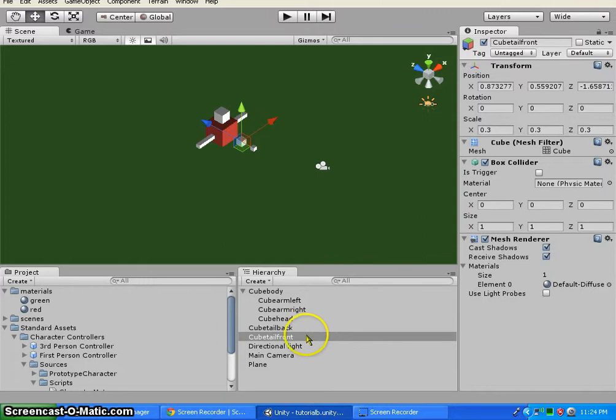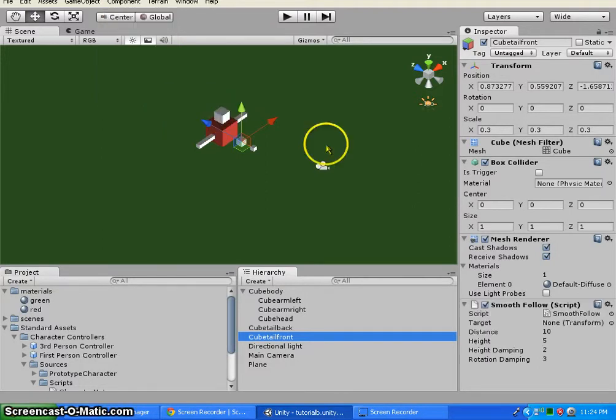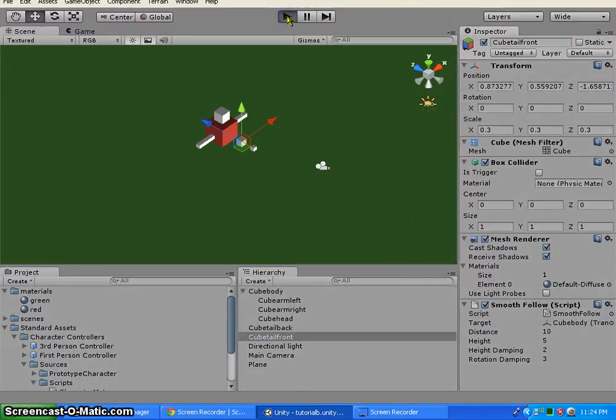So what we are going to do is select your front one, come up here to Component, go down to the camera controller, because what we're looking for is this smooth follow script. This is a really neat script, but one problem is if we click play right now, well, first of all we have to set it a target. We want to make the target the cube body. Okay. And if we click play right now,